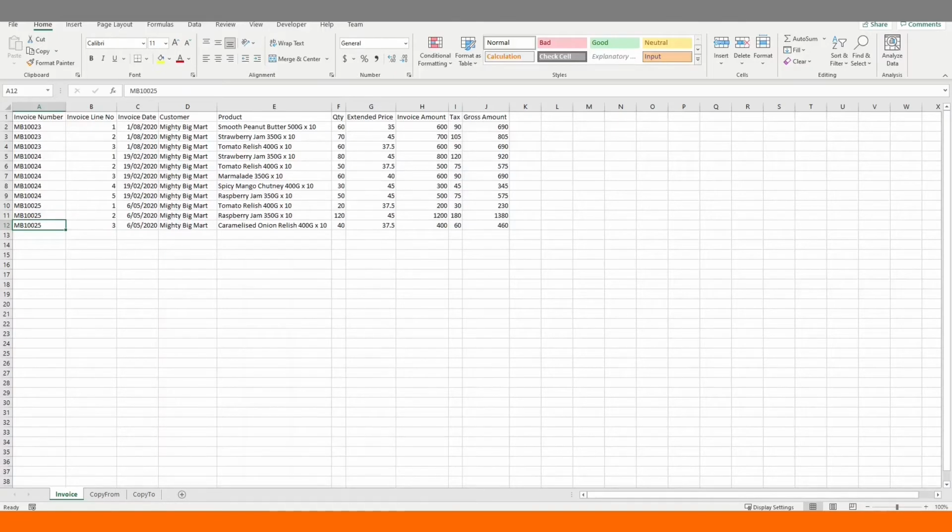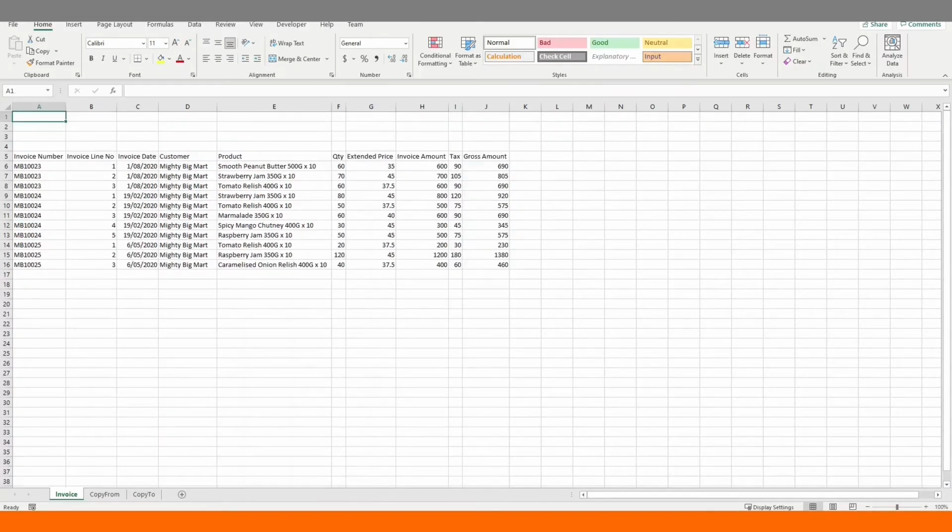It's time to address two caveats. Caveat 1. If you start from a cell with no data in it, Ctrl plus arrow key will take you to the next cell with data. Start from cell A1, hit Ctrl down. It takes us to A5 because that's the first cell with data in it. And if we hit the Ctrl plus down arrow key, it'll take us to the last cell with data in that column.